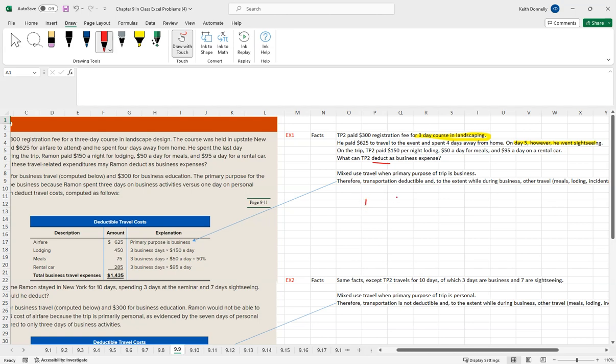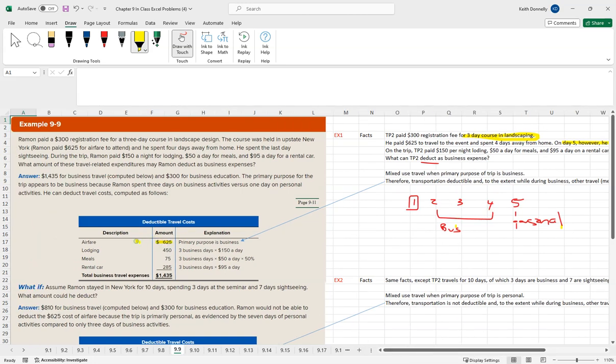So really what's going on is, it looks like he was gone 5 days. Well, actually, no, it's the travel event. Okay, yeah, 5 days. Looks like one of them he was traveling, 3 were for business, and then the 5th day was personal. Right, he was doing that sightseeing. How does this work? Right, well, we have mixed use because it's business and personal. The primary purpose here is going to be business, right? So what that means is you get the airfare. The other stuff, right, to the extent you have the 3 days of business, right, you get the expenses for